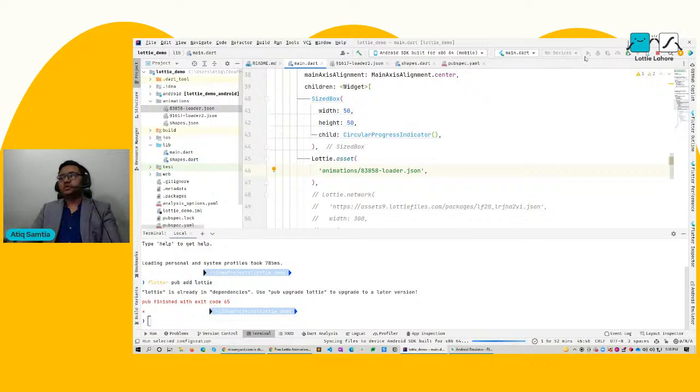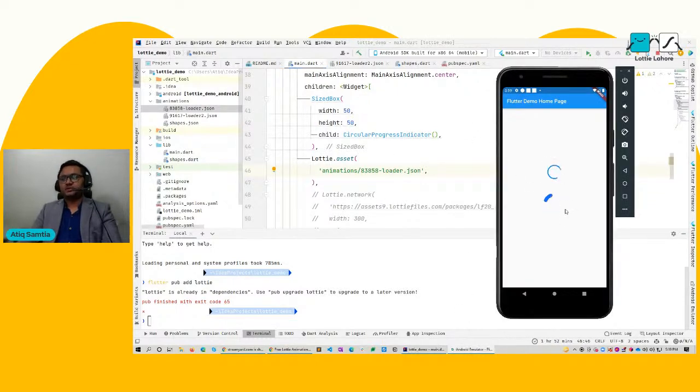Make sure to restart the app because if you add any assets in animations or any folder in Flutter, it does not copy them if you run hot reload. You need to restart the app, and if we restart the app now, we have a nice loader here